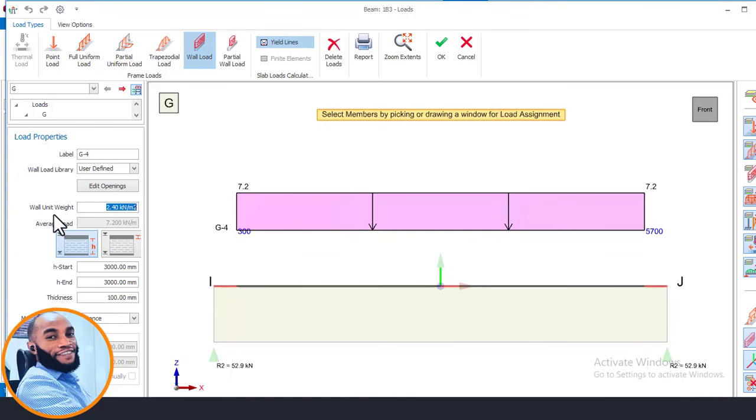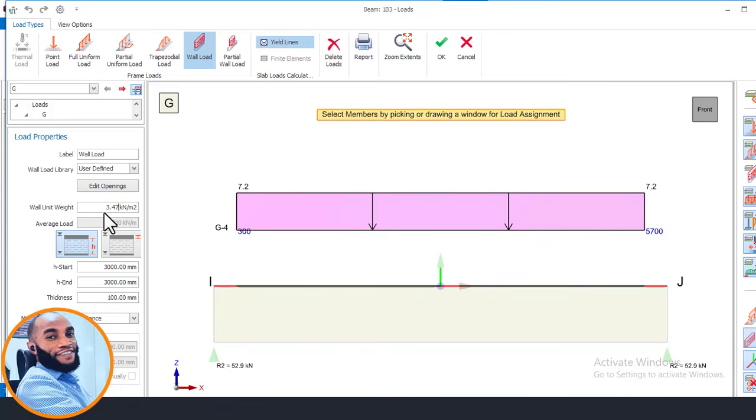In my country here, we use a wall unit weight of, what, 225. So most of the times in countries like Kenya, Uganda, and Tanzania, you use 250 or 200 as your block wall thickness. In countries like Albania, they use 200 or 250, but here in Nigeria we use 225 as our block thickness. So I will add the block wall load of the 225 size of block, which is